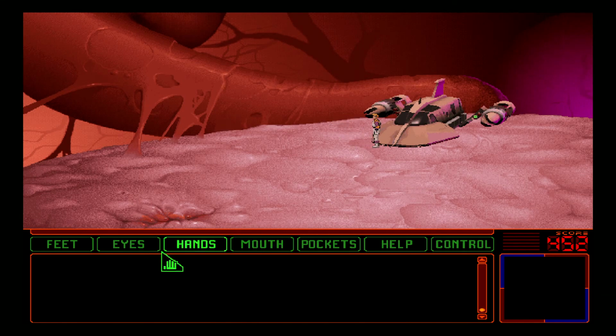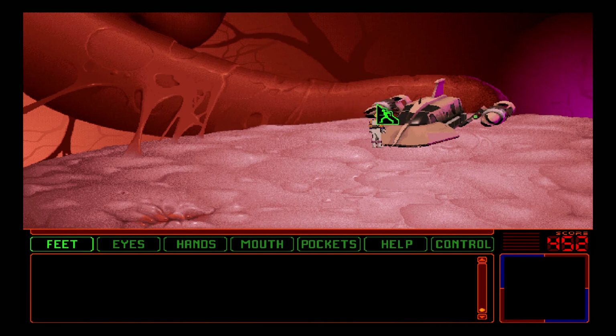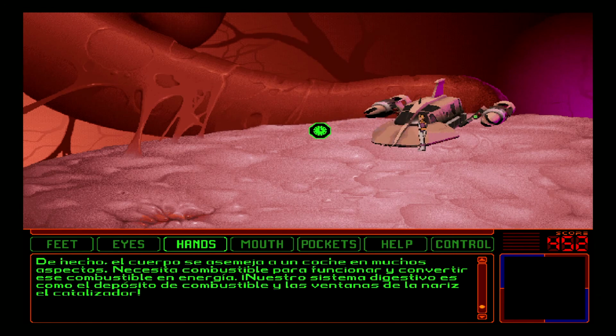But you're not one. Your stolen miniaturized shuttle. The wall. In fact, the